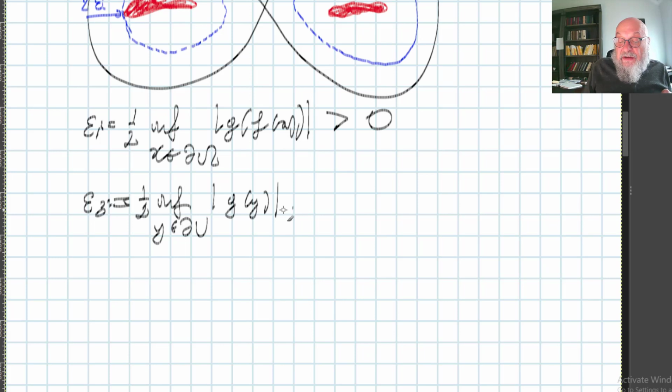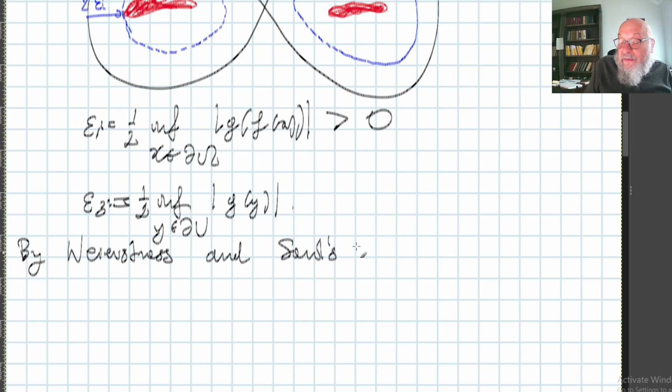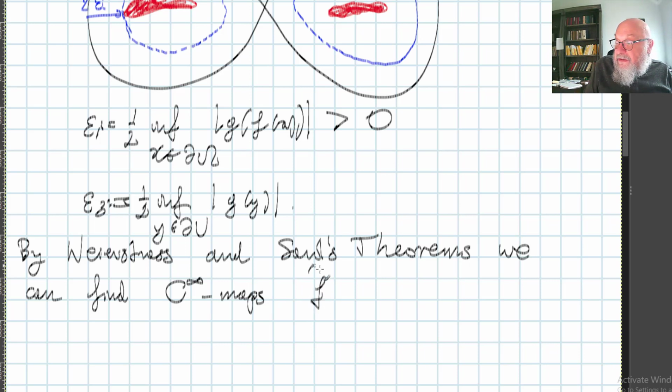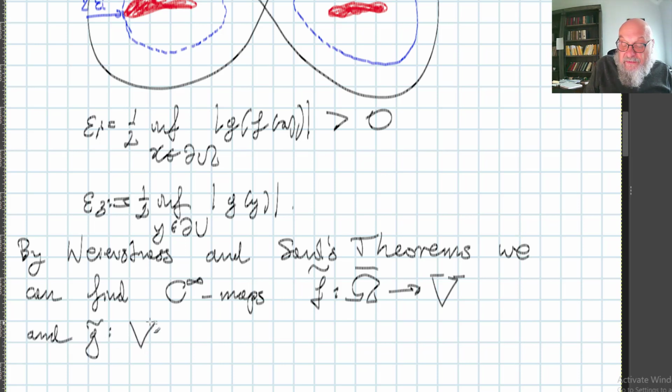Very good. So now by the Weierstrass and Sard's theorems, we can find C infinity maps, those are tilde maps, F tilde going from omega to V, and G tilde that goes from V to V, such that